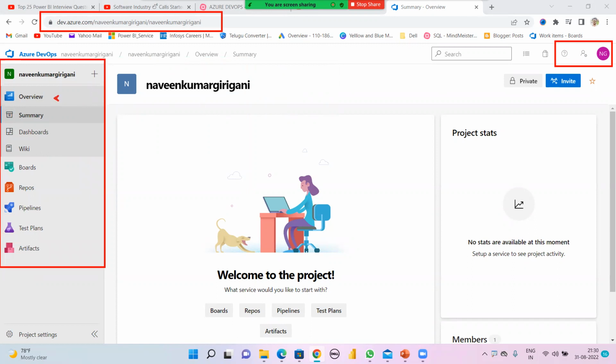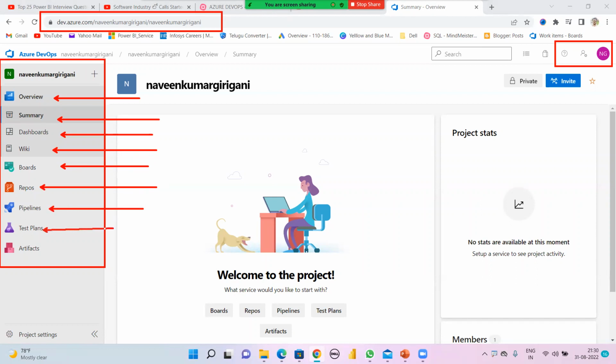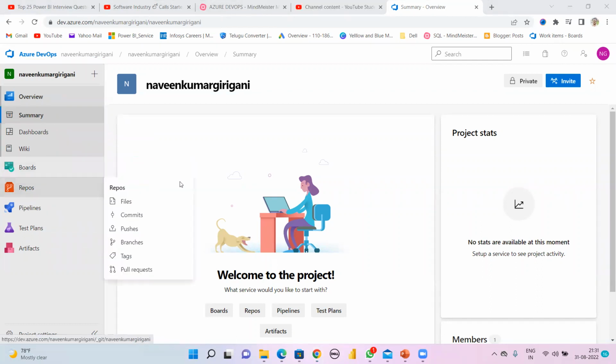What is the overview, what is the summary, what is the dashboard, what is the wiki, what are the boards, what are the repos, what is the pipeline, what is the test plan, and what are the artifacts? These are the things involved in Azure DevOps. One by one, we are going to discuss why we require Azure DevOps.